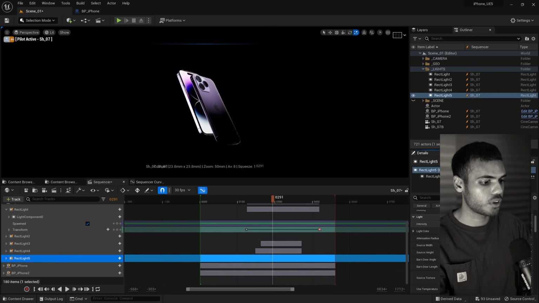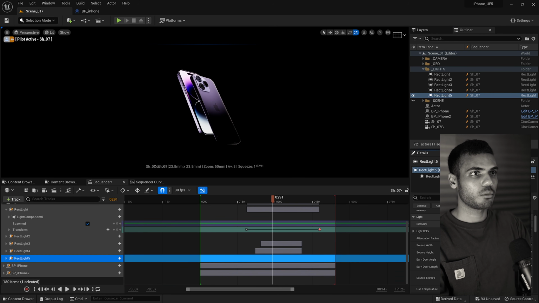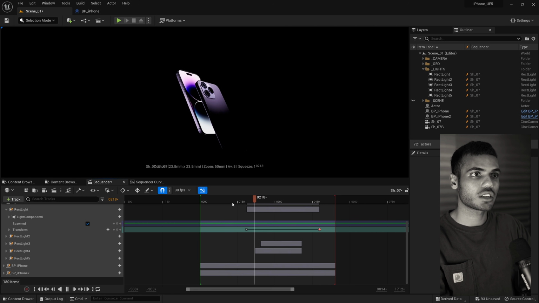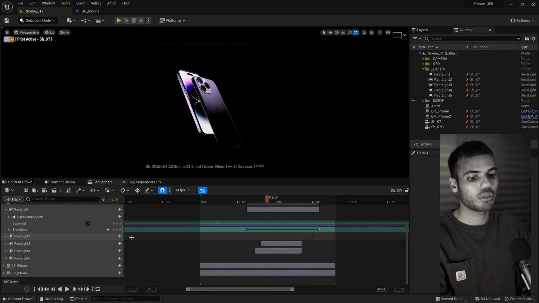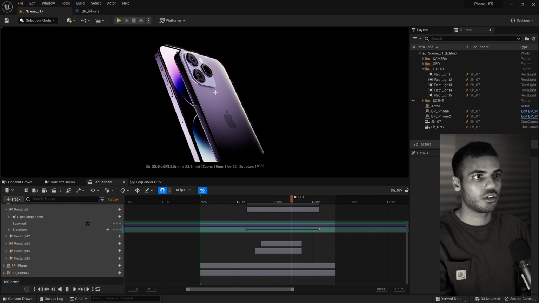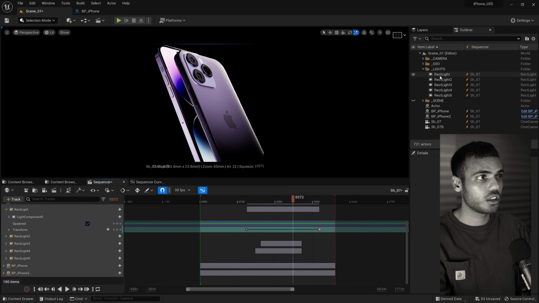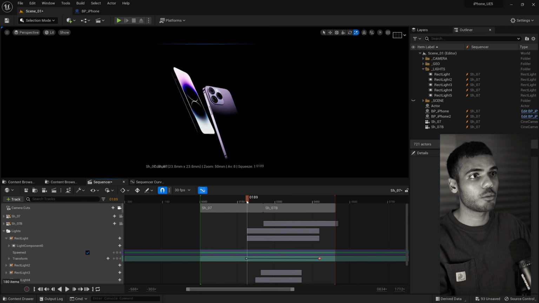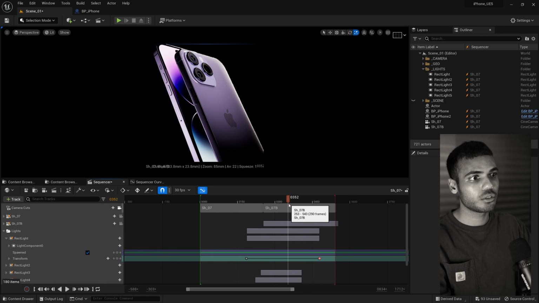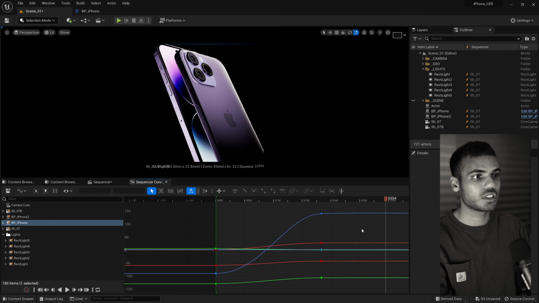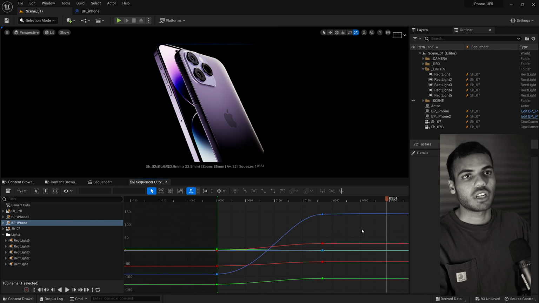Oh, I haven't even keyframed him, which is good. So maybe something like a 0.1 would work well. So yeah, that's where I landed with this shot. Pretty happy with it, especially the close-up here. So definitely have a play around with moving the lights, using different camera cuts, punching in and out, and also using the curve editor to get some nice speed ramps and motion into your scene.